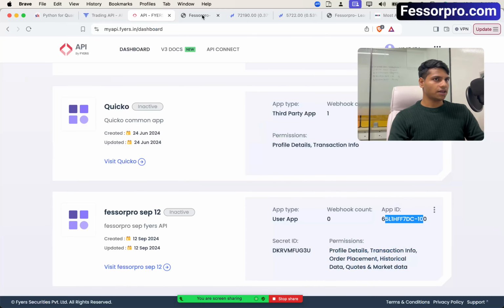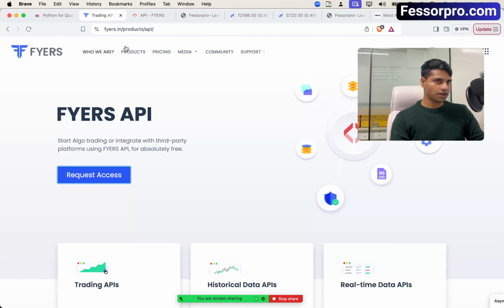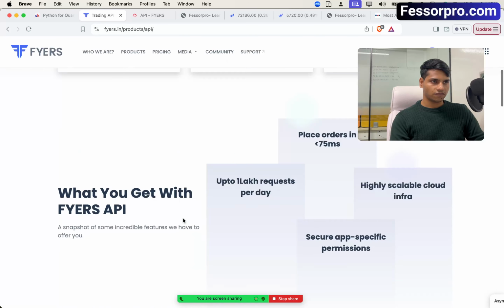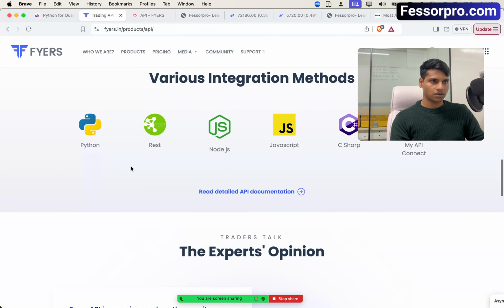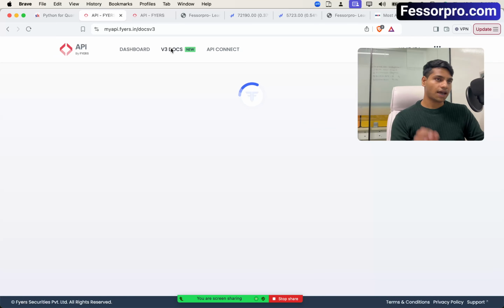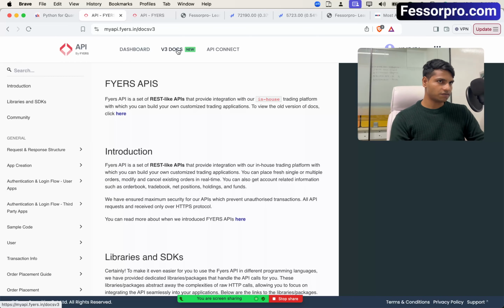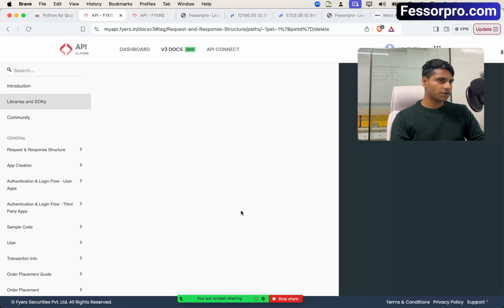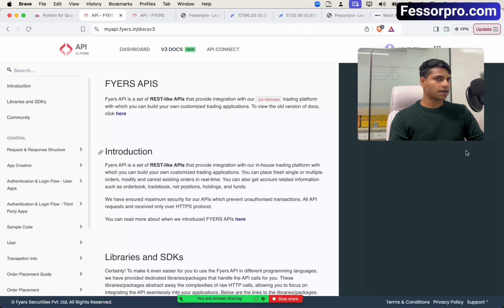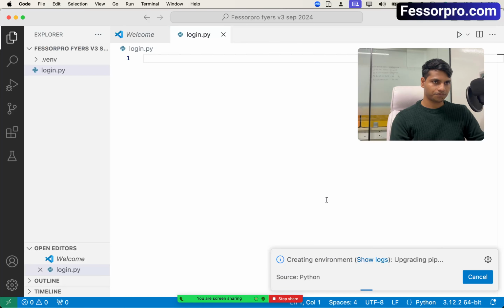Now let's go to their API documentation too. If you click on their API website and scroll down, you'll find their API documentation, read detailed API documentation. And they have launched a version 3. So you can see they have a version 3 doc. So this is what we will be referring to in order to understand how to use their API. Okay. Now I'll create another file called